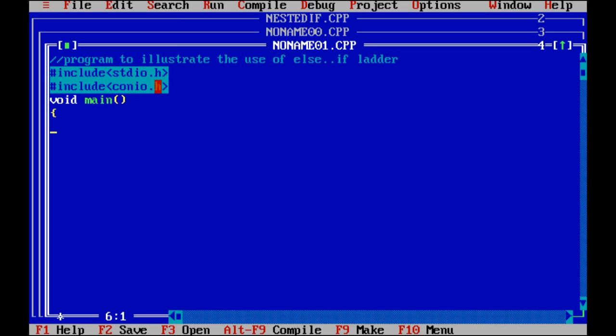Now first thing we do is clear the screen. Clear screen, clrscr. And then we ask the user to enter his marks. So for that we put a printf. Or first we have to declare a variable, right, to store the marks. So I declare a variable, integer marks.